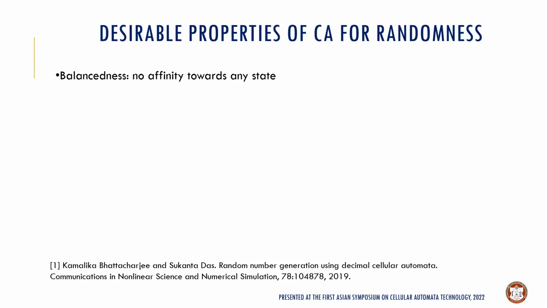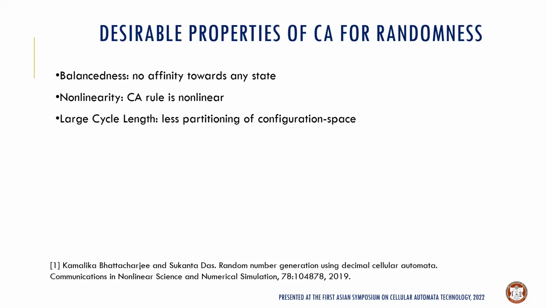So this target is satisfied. Next is non-linearity. In yesterday's presentation, we were discussing the usefulness of non-linearity. Here we have the choice of taking the CA rule itself as non-linear, and we have done that. And then large cycle length, that is, the period length is to be very large, but the problem is here